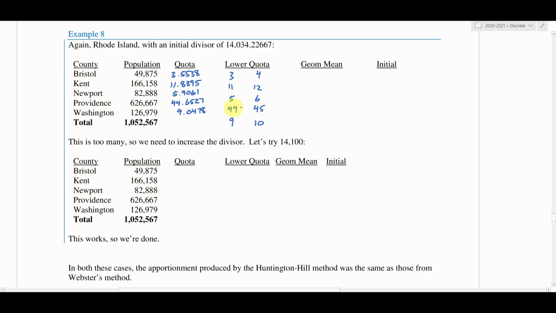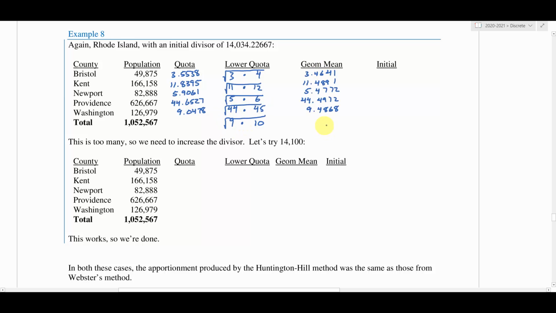And essentially at the end, we're going to be choosing one of these numbers to end up as our apportionment, okay? But to figure out which one, we have to calculate the geometric mean, right? So multiply and square root, multiply and square root. You're going to do that for each set of numbers here. Okay. So I have